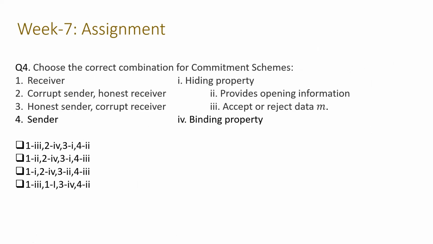If you remember how a commitment scheme works, there are two parties, sender and receiver. The sender tries to hide some message M inside a commitment C and sends it to the receiver. When required, the sender provides the opening information to the receiver. Using that opening information, the receiver can check what the underlying message of